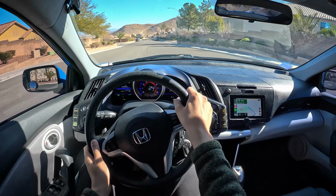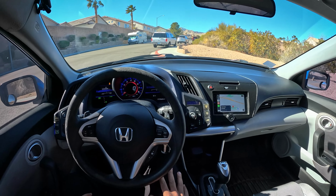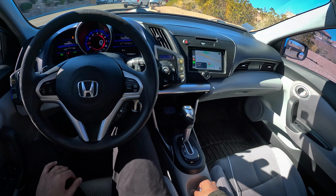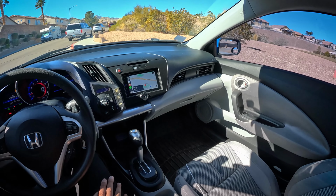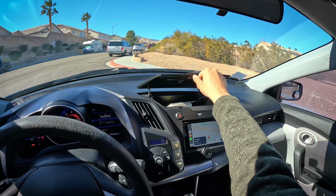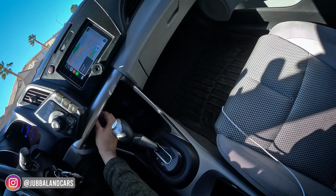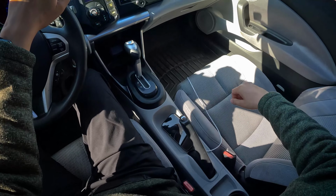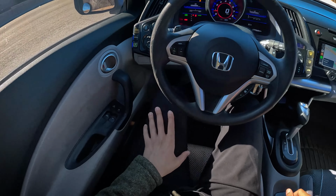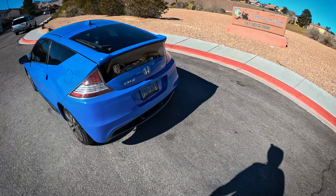Very grabby brakes. Trying to play around with some weight transfer there. Yeah, definitely a very unique vehicle. And I think unique is probably the best way. Unique and quirky is what I would say. In terms of storage, you have this really tiny cubby. You can barely fit a garage door opener in there. Another really small one over here. 2, 3 cup holders, small storage pockets on the door. Overall, it's a quirky little derp of a car, but sometimes that quirky and derpy nature is exactly what makes